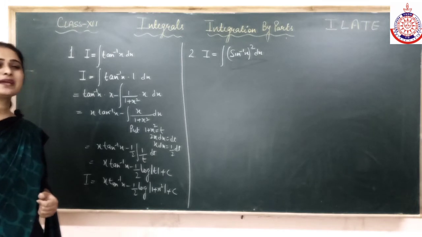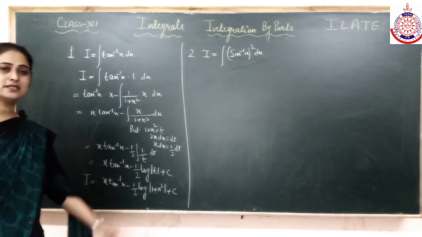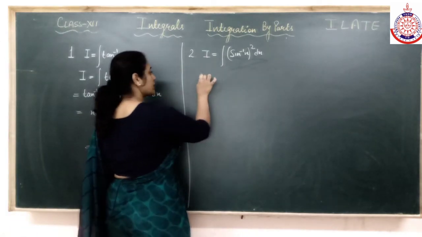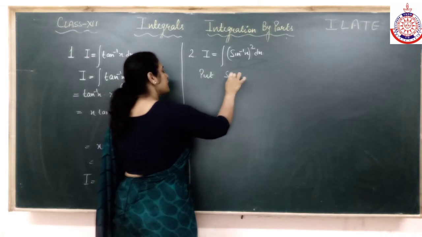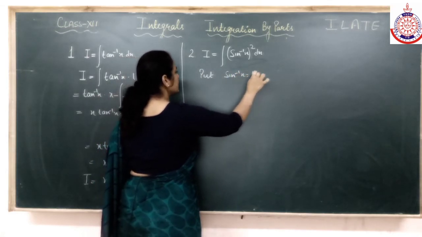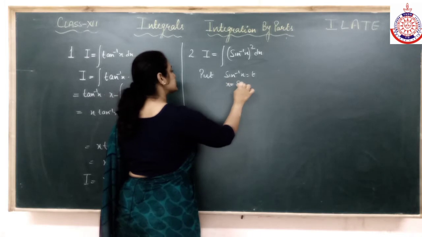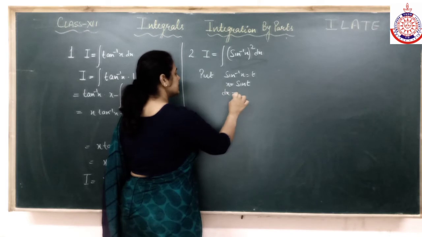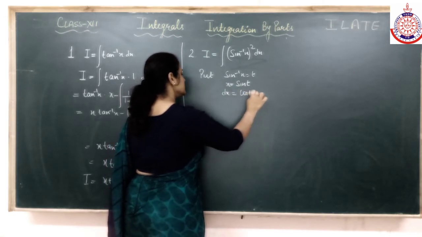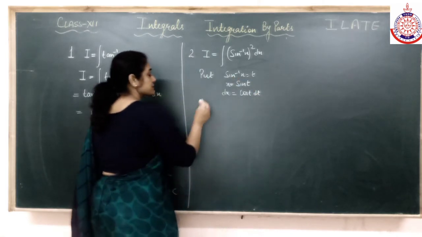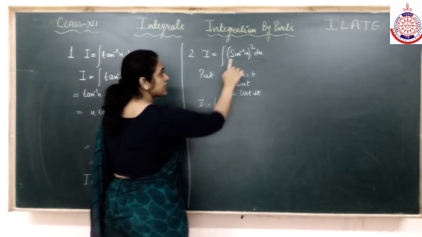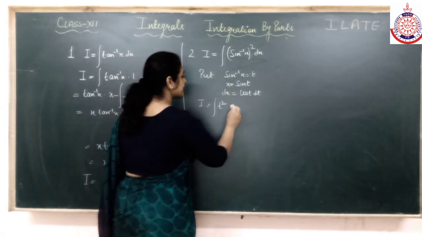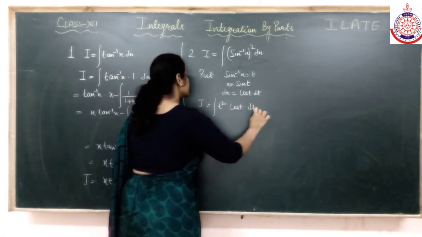But just to make it a little easier so that the power becomes easy, think about it, what shall we do? Substitution is the only method which you should always think about to make the question easier. If I put sin inverse x is equal to t, that means x is equal to sin t. Now differentiate. dx, derivative of sin is cos t dt. Now put the values. Sin inverse x is t, so it becomes t square. In place of dx, I get cos t into dt. See, the question has become easier.